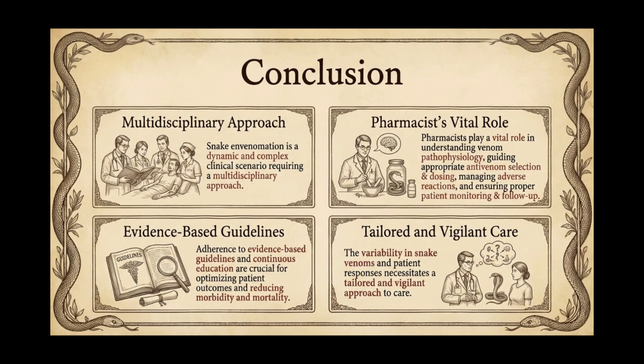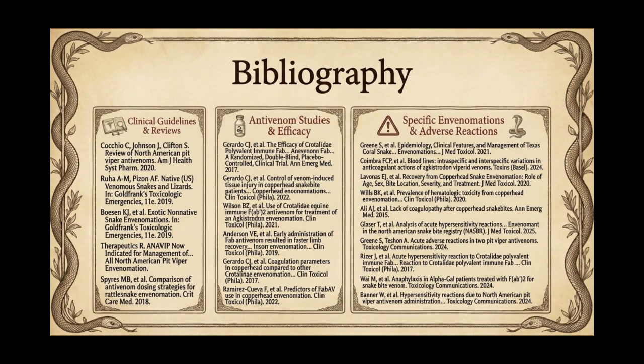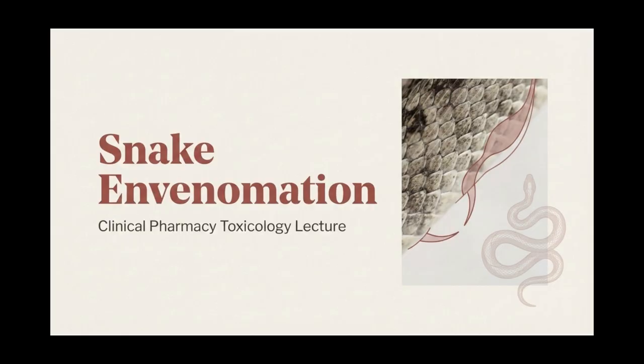Fasciotomy is rarely indicated and should only be performed when compartment syndrome is confirmed objectively and blood clotting issues are under control. Infection is not a typical complication and should be managed with antibiotics only if culture indicates infection, with tetanus prophylaxis kept current, avoiding injections into the affected area if coagulation problems exist. Close outpatient follow-up is vital, especially to monitor for late blood clotting disorders and serum sickness. Pharmacists play an important role in sourcing and managing antivenoms, particularly for envenomations from exotic snake species.